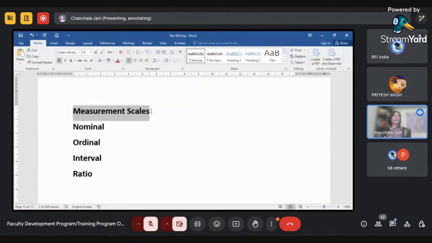I always give an example to help people understand measurement scales. When we talk about products and services, say if I go to a market to buy copies, pencils, or pens, I know how to ask for them.